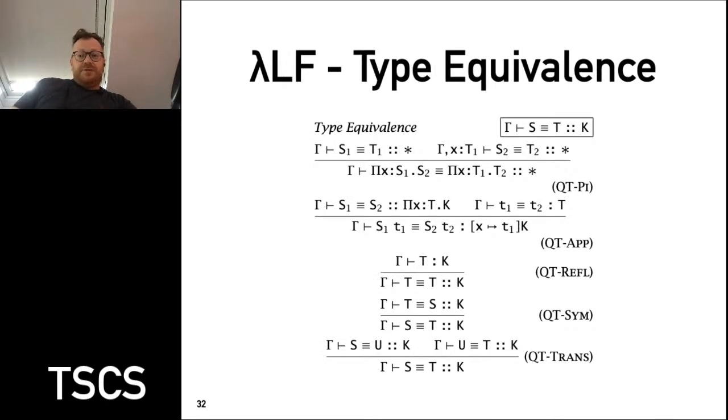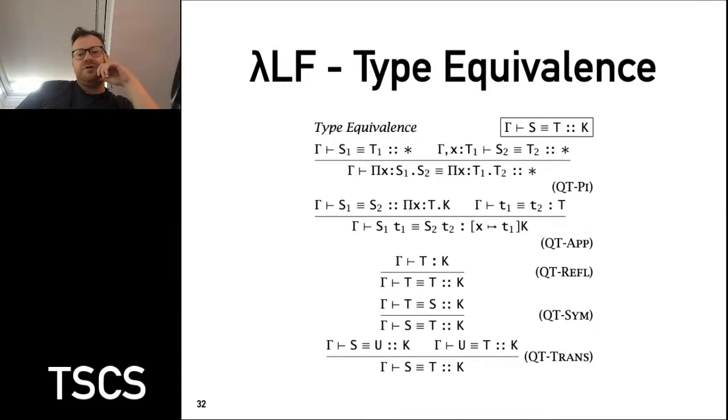Type equivalence, by the way, is also reflexive, symmetric, and transitive. Not going into detail there, but talking about type equivalence, that means if we have a pi type that takes an argument of S1 and has a body of S2,